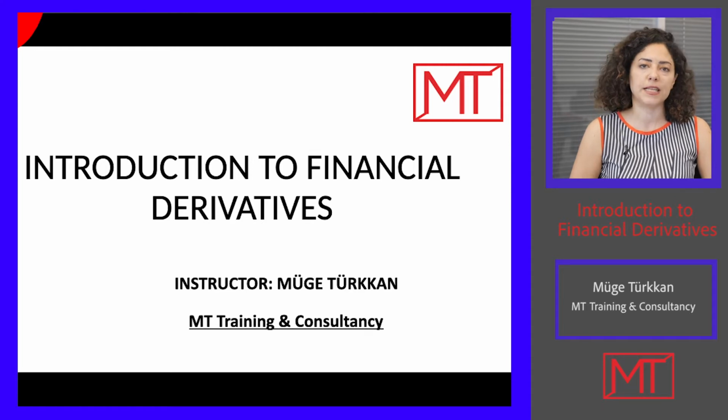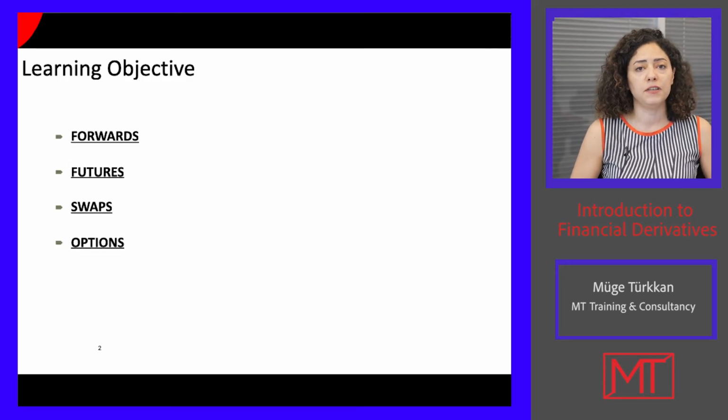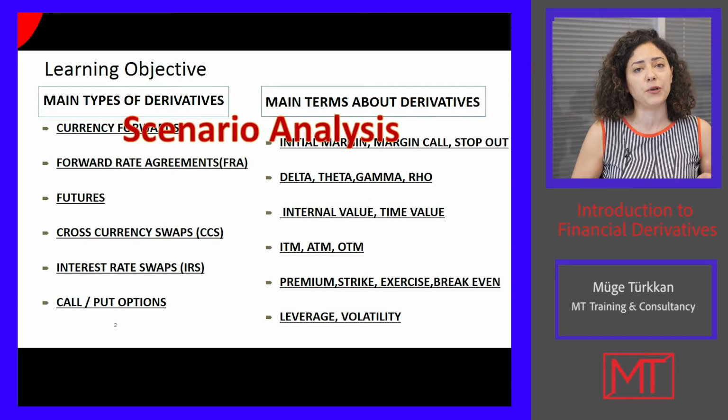Here we are going to spend some time to give you a sense about the common features of financial derivatives, which are categorized mainly in four types: forwards, futures, swaps, and options. We are going to go over various types of derivatives products and main terms about derivatives by using scenario analysis